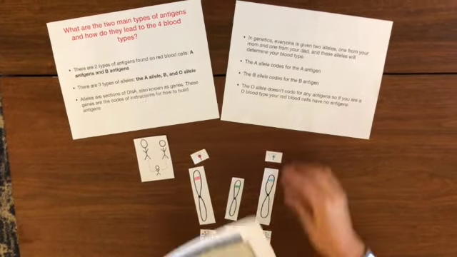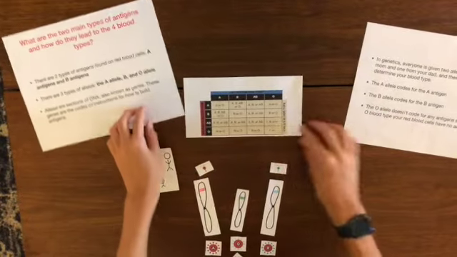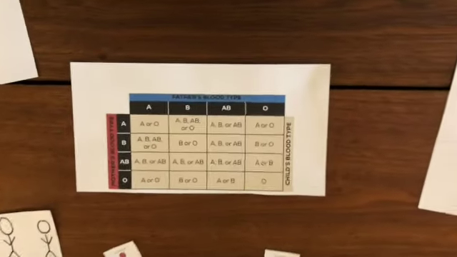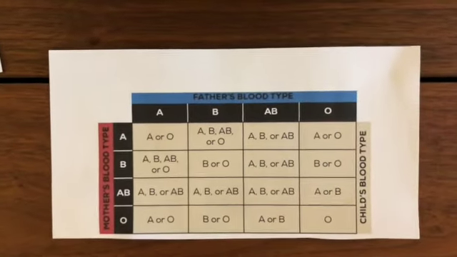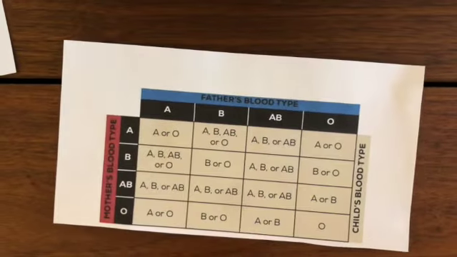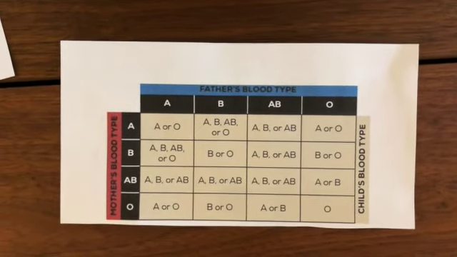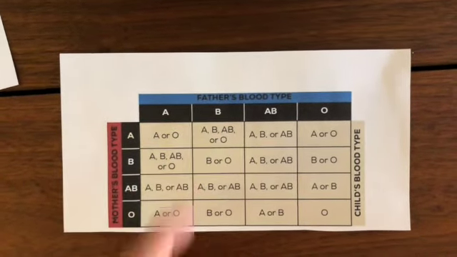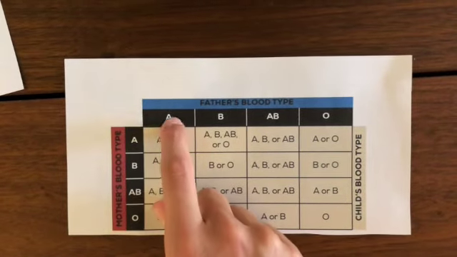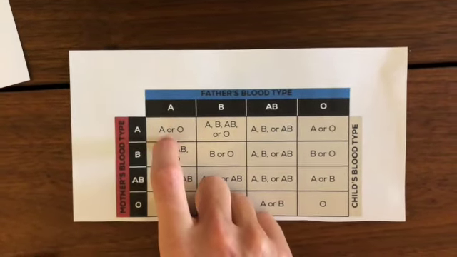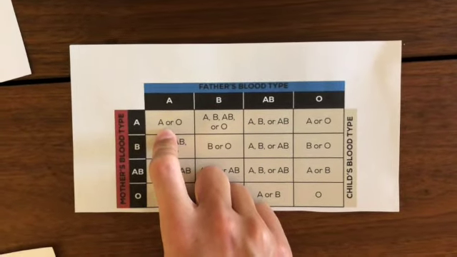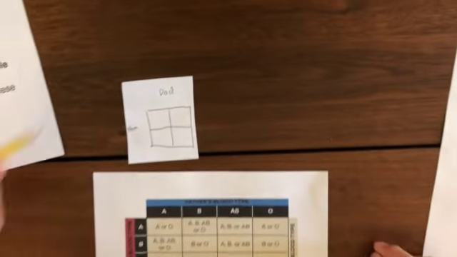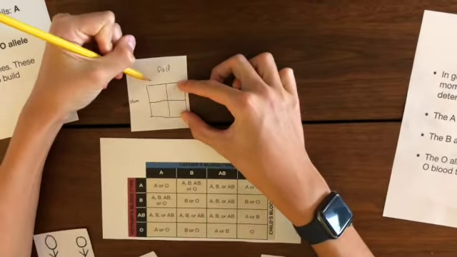Now the way you can find out your blood type is based on what blood type your mother and father have. As you know, the A and B blood types basically mean that the 2 alleles your parents have would be an A and O because the A is dominant, and a B and O. So if both parents have an A blood type, these are the 2 possible options that your child can have for a blood type. So in this example, since one parent, your father, has an A blood type,